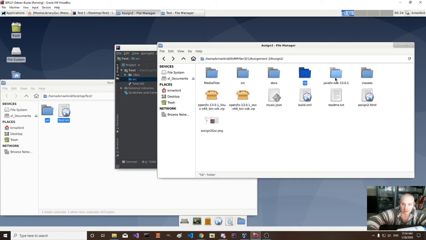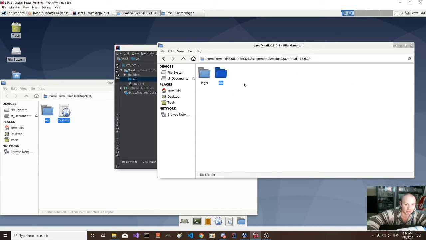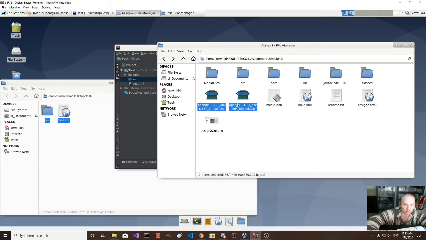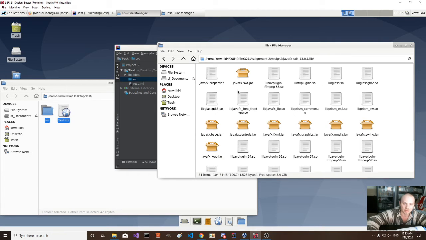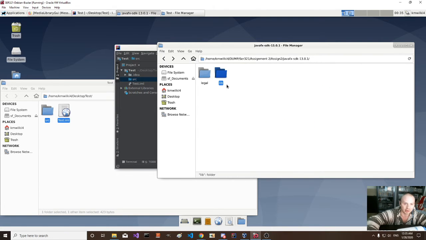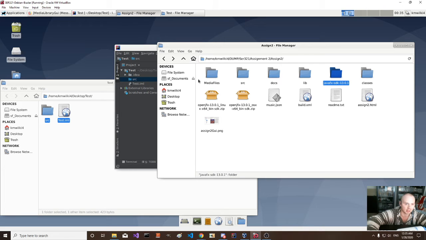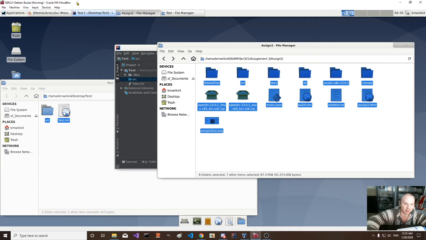Another thing to take out of this is this JavaFX SDK 13.0. This was extracted out of one of these, whether you're on OS X, which I think is Mac, or Linux, it extracted either one of those. So we need this lib. This lib is very important, otherwise you can't run any of this stuff. You don't need a lot of this, but we'll just go ahead and pull it all, because we're not going to mess around with this too much,